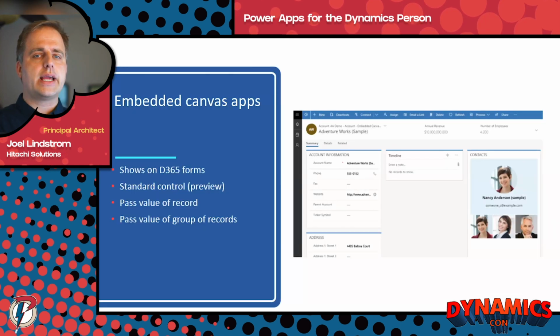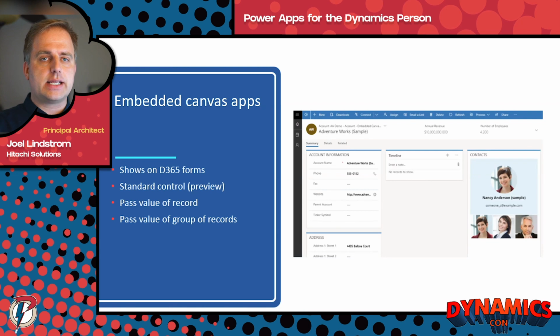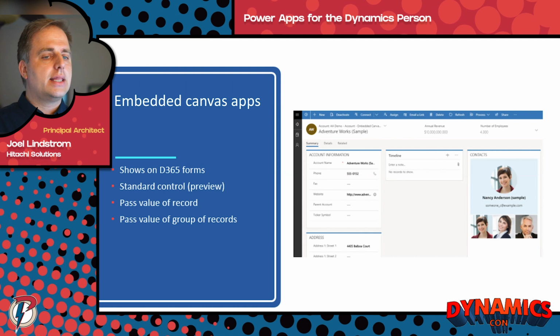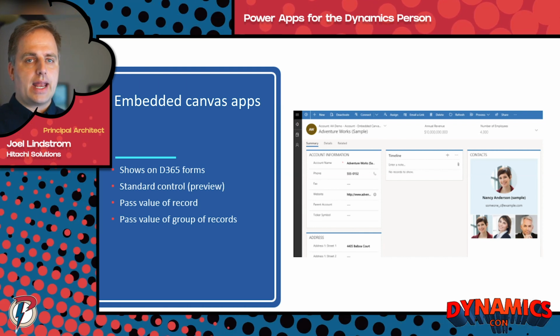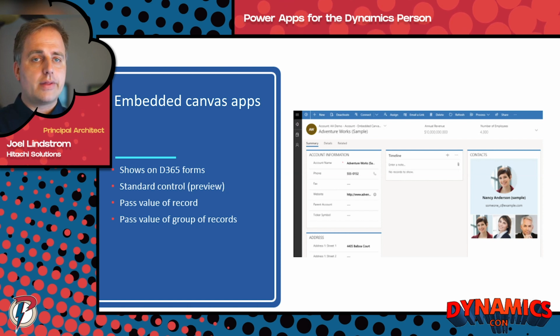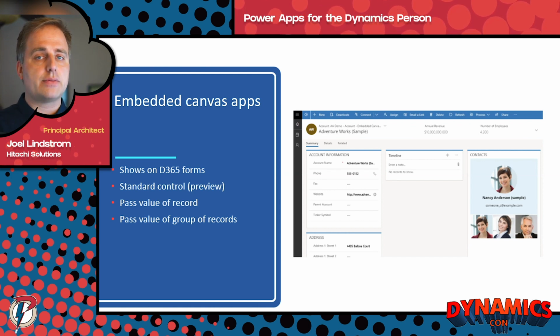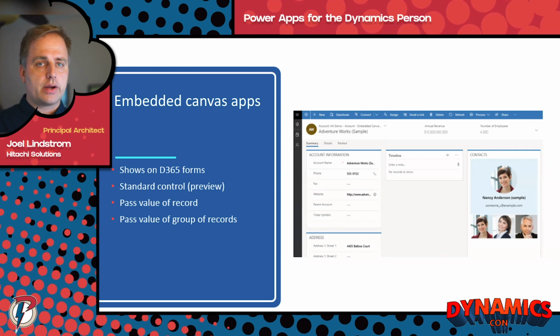So the other use case for Power Apps, besides extending the process or building apps beyond what you have with Dynamics, is let's take something that is currently manual, or something that we do inside Dynamics that might need 3 or 4 clicks, and let's create an embedded Canvas app where we can use the connectors. We can do other things like that that will make it easier for us, easier for the user. So you can embed Canvas apps up to 3 per form now, and it will pass the value of the record to it. So I'm going to give you a quick example of how that works.